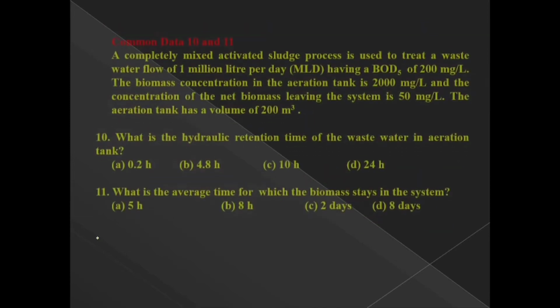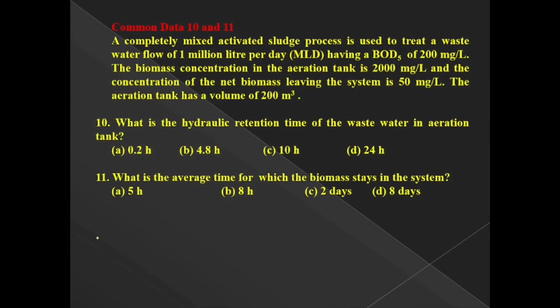So our next question is a common data question for question number 10 and 11. A completely mixed activated sludge process is used to treat a wastewater flow of 1 million liters per day. Here Q is given as 1 million liters per day. The BOD 5 is equal to 200 milligram per liter. The biomass concentration in the aeration tank is 2000 milligram per liter, and the concentration of the net biomass is